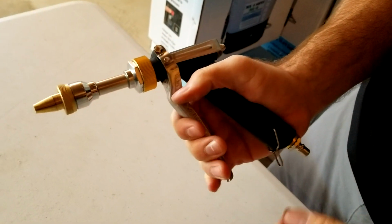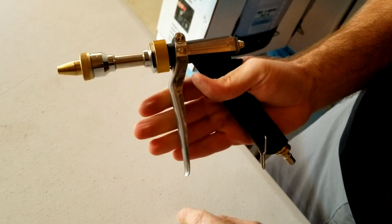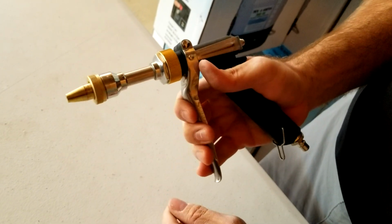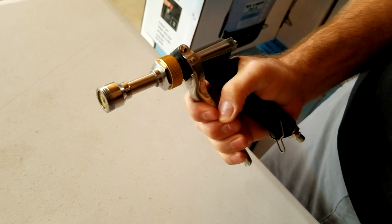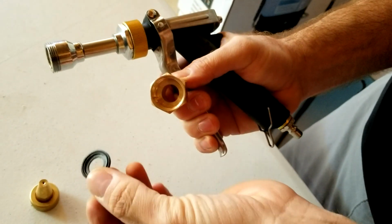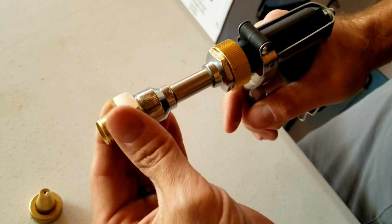So showing you how to assemble that, you want to compress the trigger a little bit, and that will free up a plunging mechanism in here. If the trigger is totally released, it makes it difficult to pull this nozzle off. So what you want to do is compress a little bit and pull this nozzle off. You're going to take your adapter, your brass adapter. Again, make sure that this washer is placed in there, flat side down, and